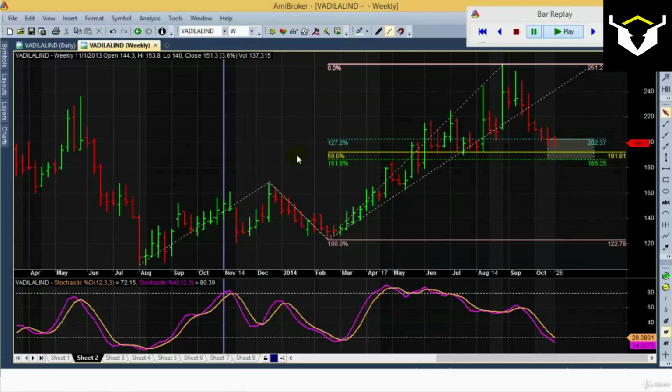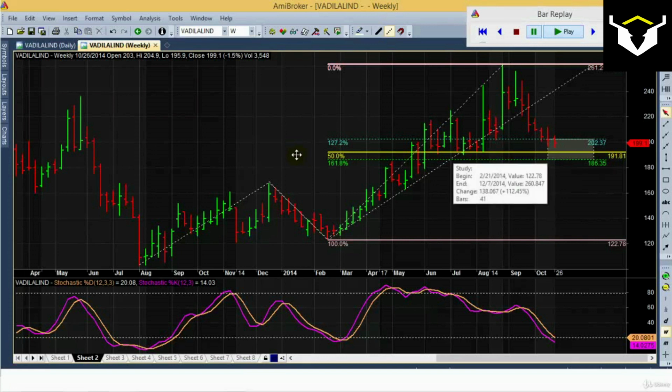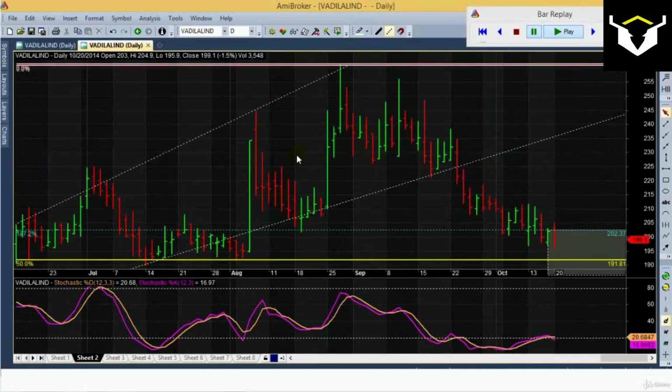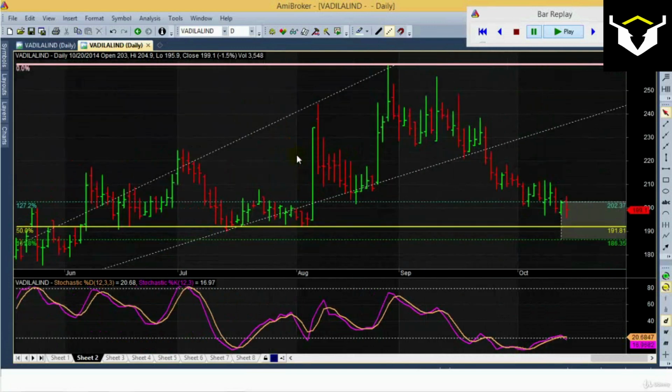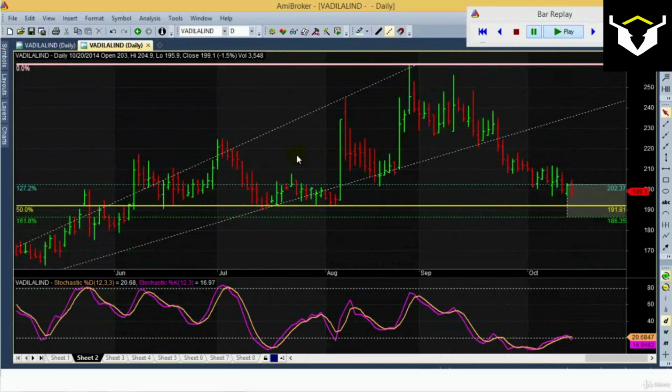Point 2 is stochastic oscillator has reached its oversold zone, suggesting that the downward momentum has come to an end. Now let's go ahead on daily to see if wave 4 has any wave structure which might come to our aid. Click on daily wave, zoom out a bit. You can see wave 4 is